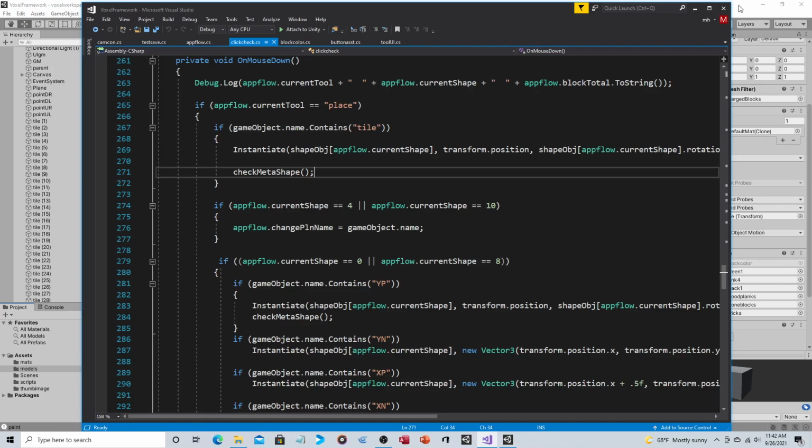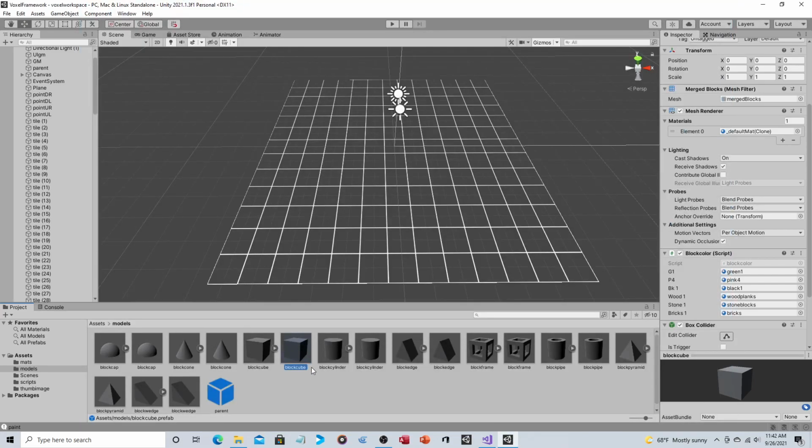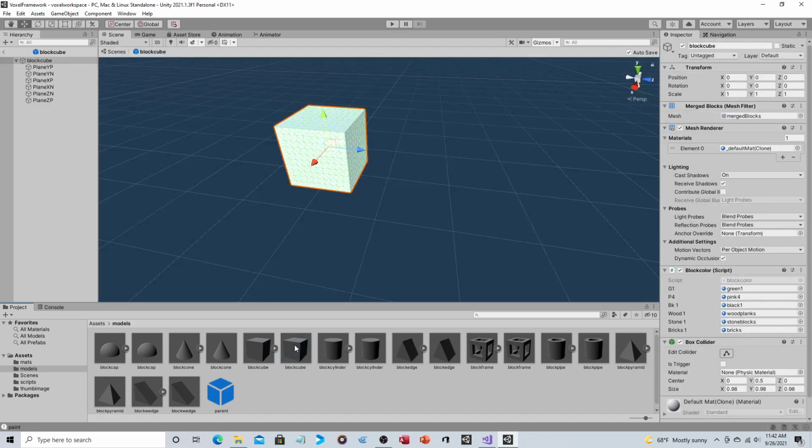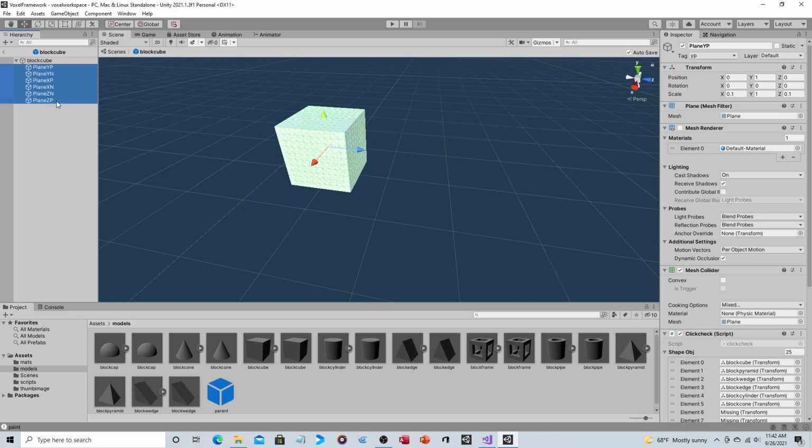Okay, so placement for blocks. Let's take a look at one of the blocks and you'll see why it gets a little bit complicated. As you can see, there are actually 6 planes. So when you're clicking on the block, you're actually technically not clicking on a block. You're clicking on a plane on one of the sides of the block. That then functions very similar to the tile, but there's going to be a couple of changes, such as